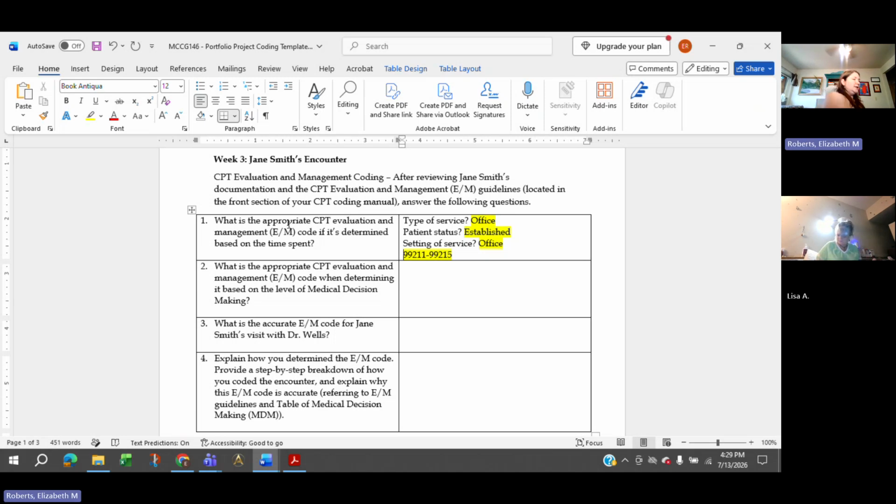So page 16, let's look at 992. So 99211 is what we call a nurse visit code. You can see the code description on page 16, 99211 says office or other outpatient visit for the evaluation and management of an established patient that may not require the presence of a physician or other qualified healthcare professional. So this is like a nurse visit code. This is when there's no medical decision making, there's no time requirement. This is if you go in and the patient gets blood pressure or a weight check or something like that. But yeah, we don't need to worry about that one.